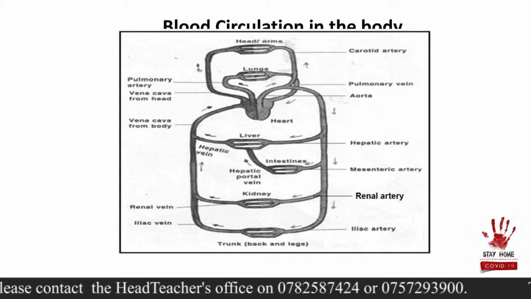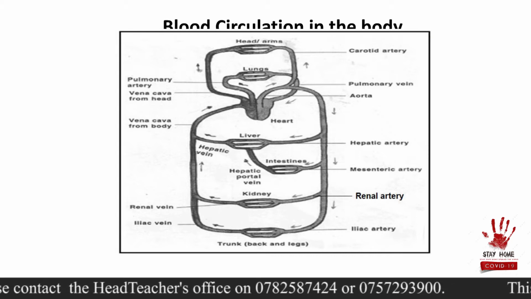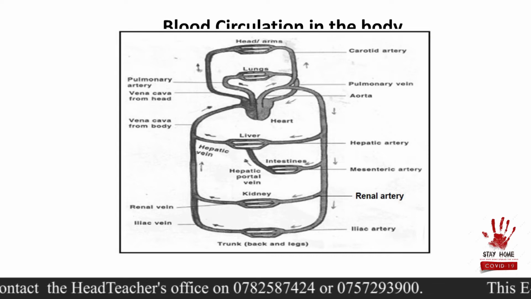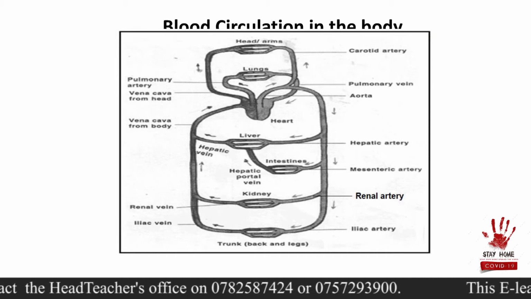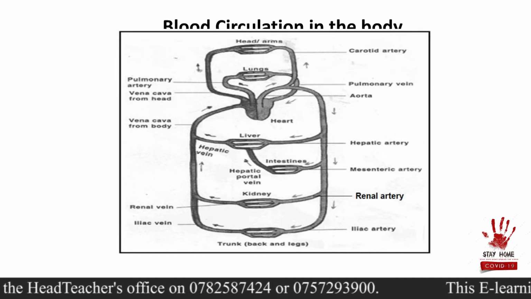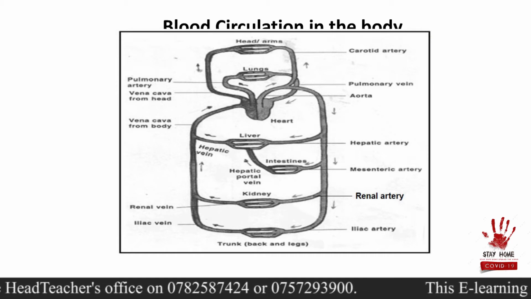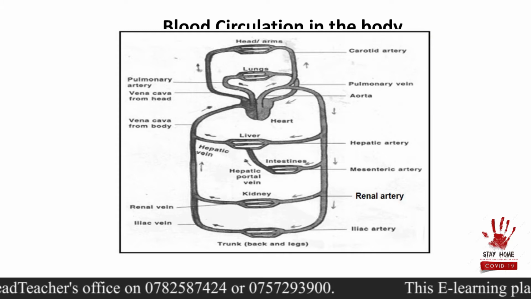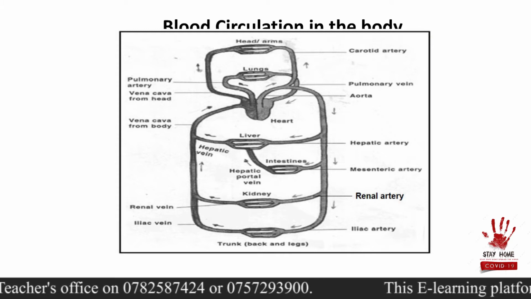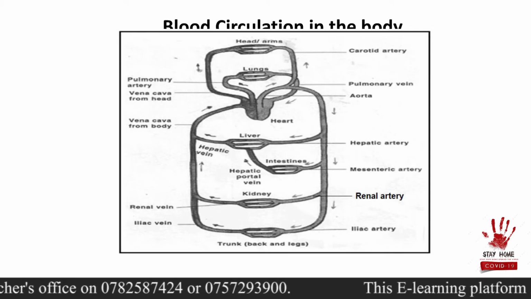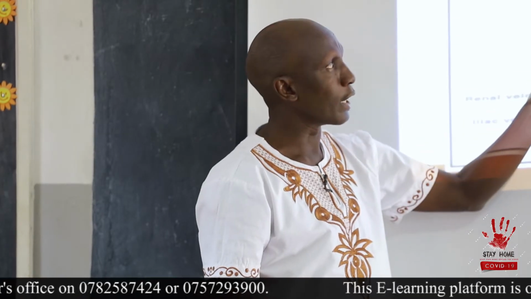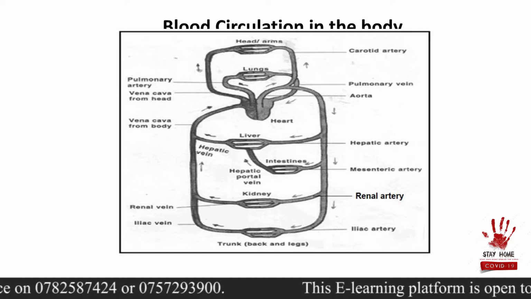After receiving oxygen, I told you, the blood comes back via the pulmonary vein. It enters the heart, moves down the ventricle. The ventricle pumps the blood through the biggest artery here called the aorta. Children, be keen with this. The aorta is going to pump the blood out to the rest of the body parts, as I told you last time in our second lesson.